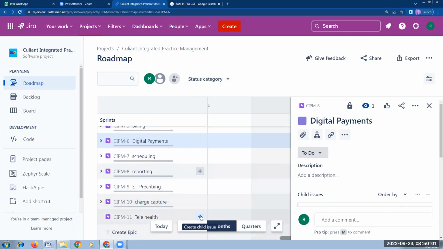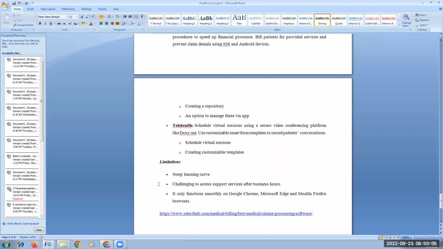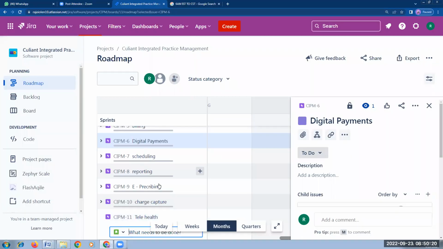Next is telehealth. Schedule virtual sessions using a secure video conferencing platform like Docsmeet. It's a video conferencing platform. Use customizable smartphone templates to record patient conversations. This telehealth will be given by the physicians. So as a physician,